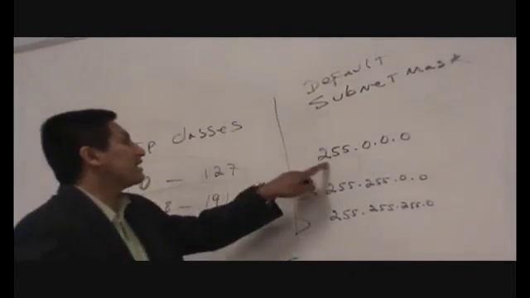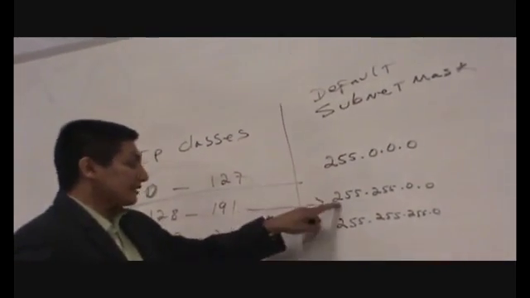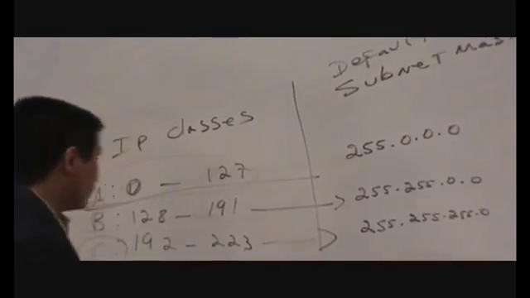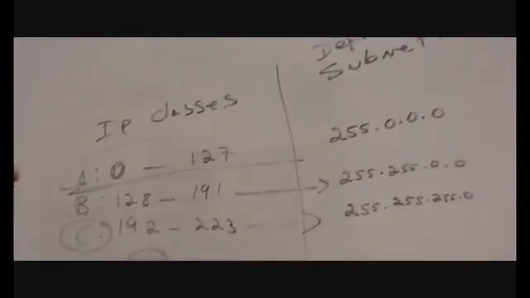You need to know that this is a Class A subnet mask. This is a Class B subnet mask. This is a Class C subnet mask. This is the default subnet mask